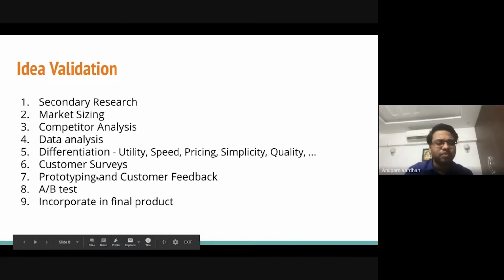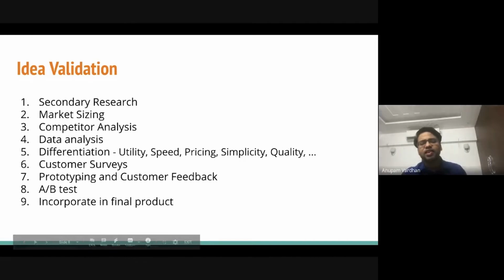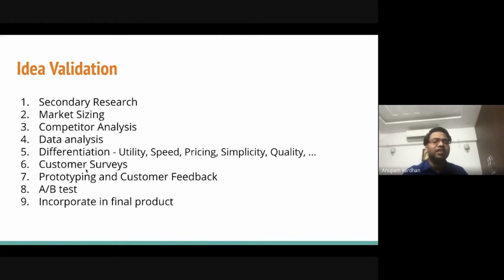So you have surveys, then you have prototyping and customer feedback. So here, once you have identified what product you want to build, what features it should have, how you're differentiating from the competition, and you validated it with customer surveys, the next phase is actually to build a low fidelity prototype. This could also be a cardboard based design, where you design the app or the website on a piece of cardboard or on a piece of paper, and you try to validate whether users can use your design or not. Right? This is very low level.